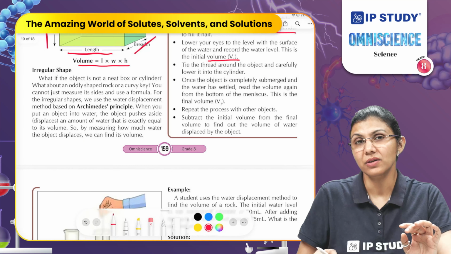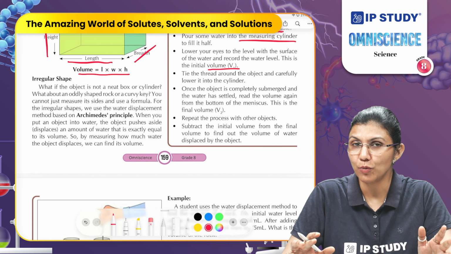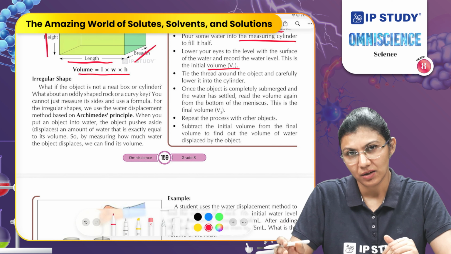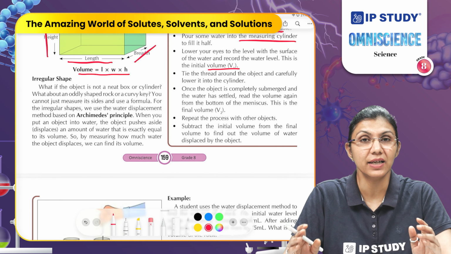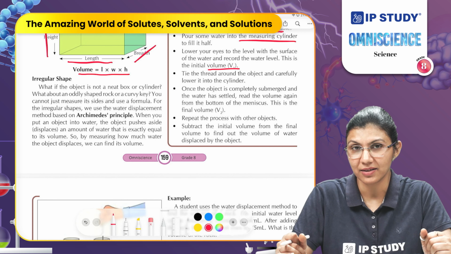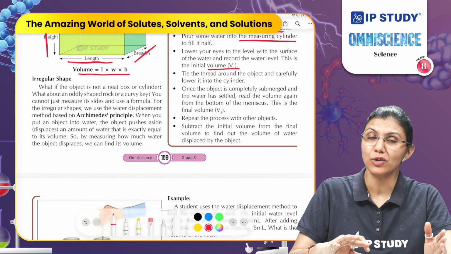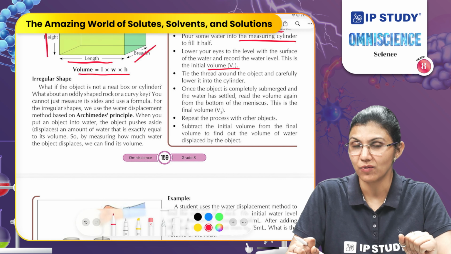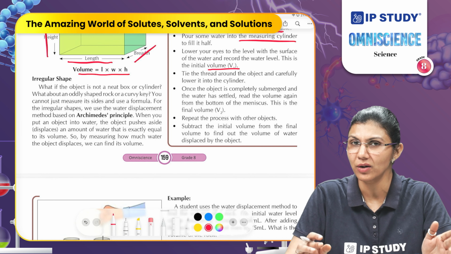We also understood that there are various factors which can affect the solubility of a solute in the solvent. One factor that we discussed is temperature. If we increase the temperature of the solvent, we can increase the solubility. Also, as we will understand in other classes, if you add more solvent to a saturated solution, you will have more interparticle spaces available, and in that case you can add more solute.